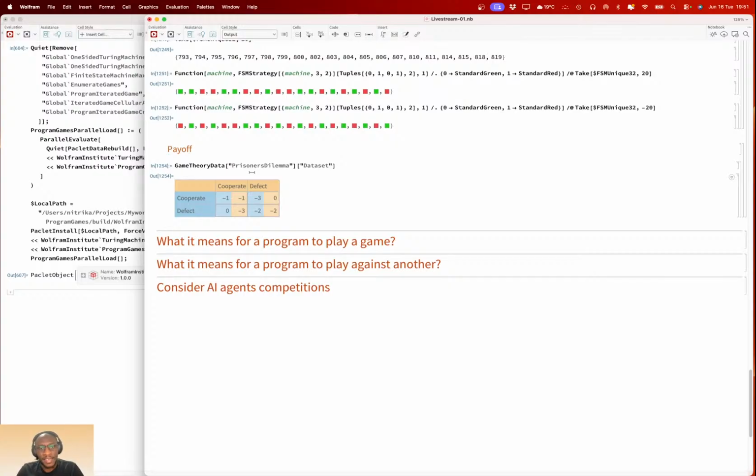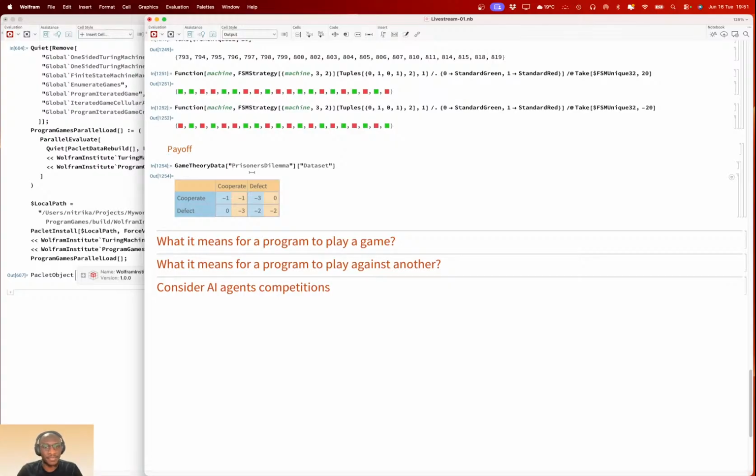And then if, while you're cooperating, you discover that defecting is better, and you switch and decide to defect, then what happens depends on the specific strategy in question.